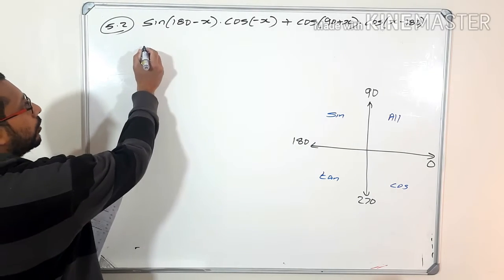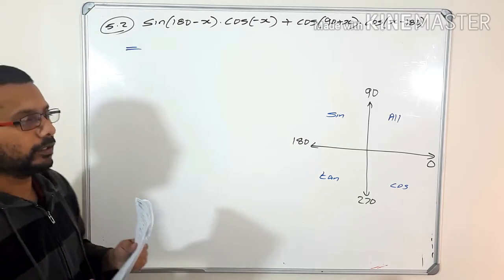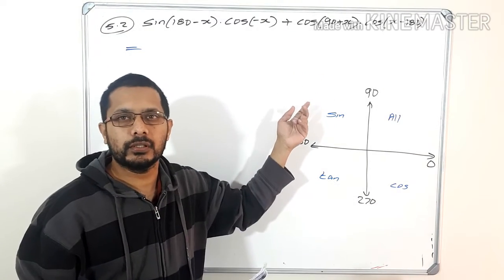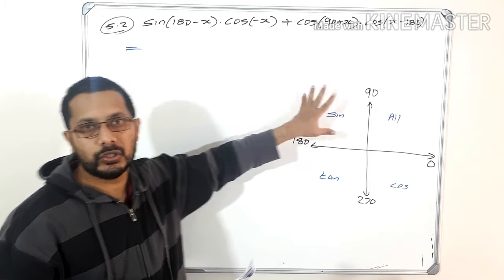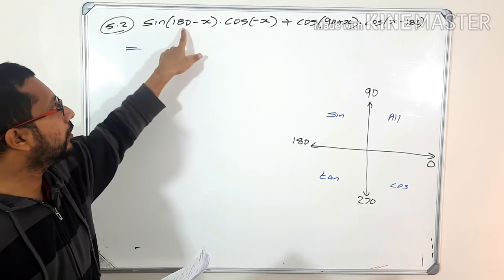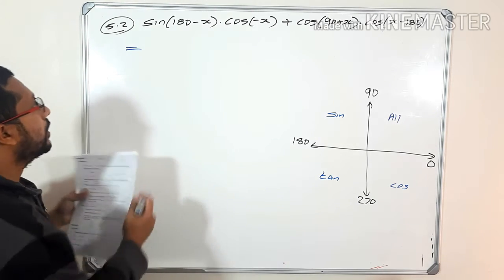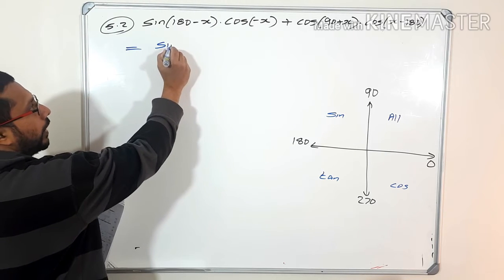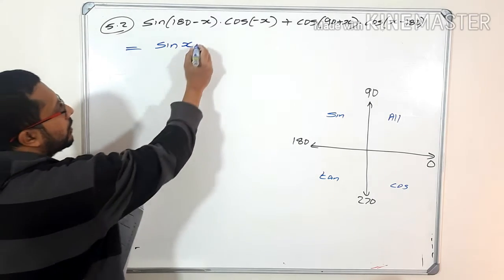So listen once more. I am going to write the first step. 180 minus x is in which quadrant? Second quadrant. In the second quadrant, what is positive? Sine is positive. Here what? It is sine, so it is positive. Then if it is based on 180 or 0 or 360, no change. That means no change in the trigonometry. That means we are supposed to write positive sine x, with this angle x. Then next one.